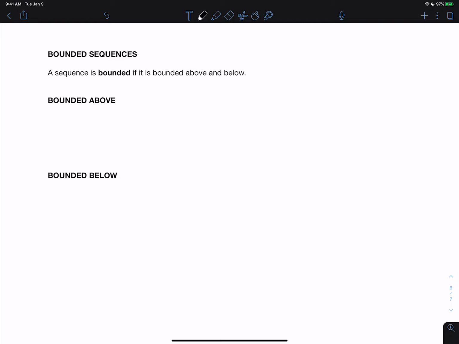Okay, let's talk about bounded sequences now. So we say that a sequence is bounded if it is both bounded above and bounded below. Let's define bounded above first. All right, so a sequence a_n is bounded above